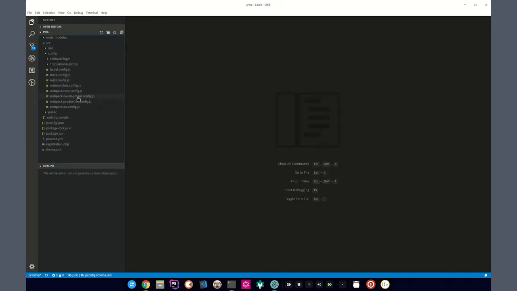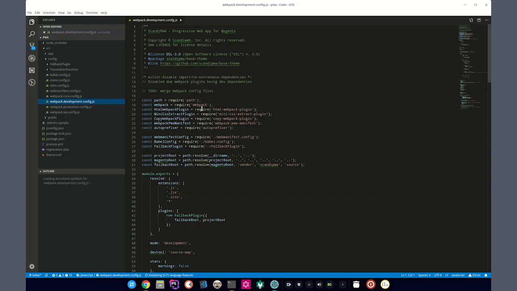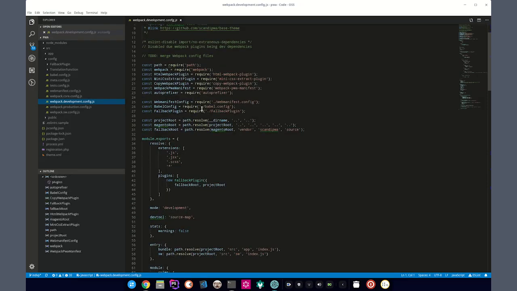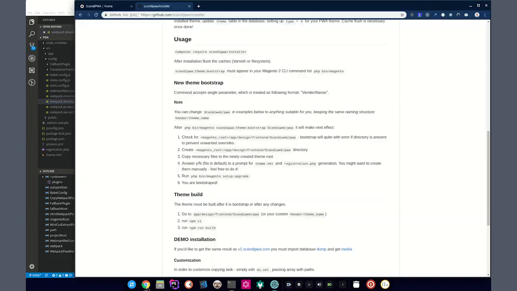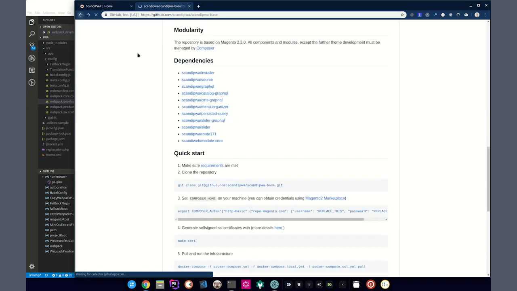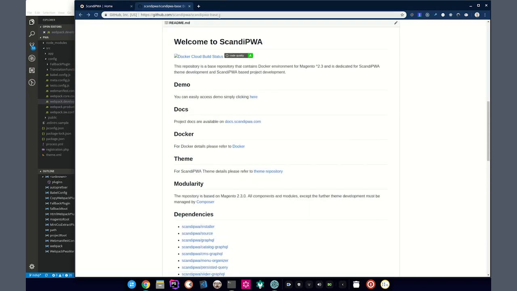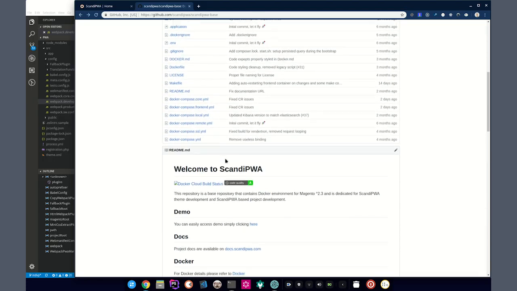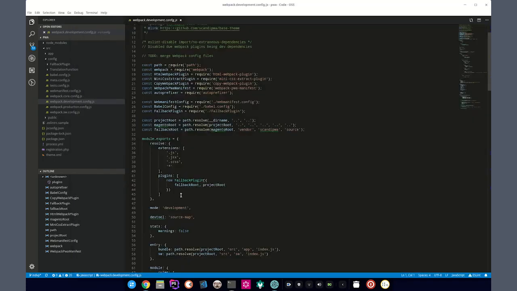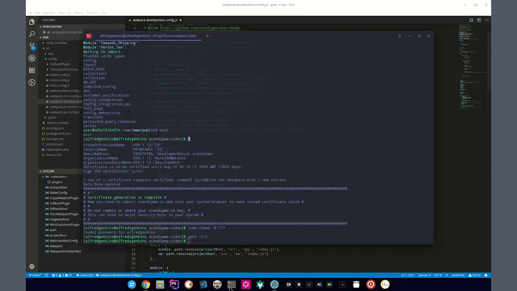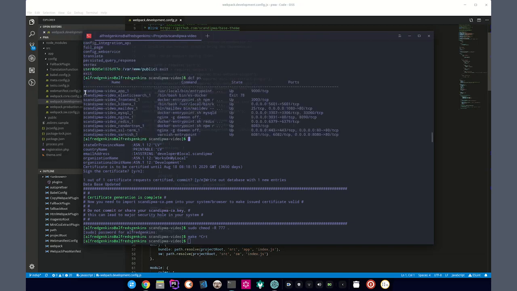Here you might find the Webpack development config, which will be the main config running for you while developing. If you are using the Docker setup from us, scandipwa.scandipwa-base, this is the Docker setup of ours, and it includes the Docker setup for you. If we check my terminal now, we will see that dcf is an alias of mine. If I look at the running processes now, we'll see that the